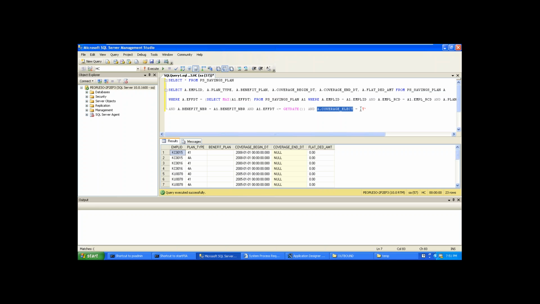Now I am running the process for my coverage alert code terminated. If he clicks on run, then only the terminated list of employees will come on the file. If he selected alert status eligible, then all eligible employees will load on the file. This logic should be developed in tomorrow's session.